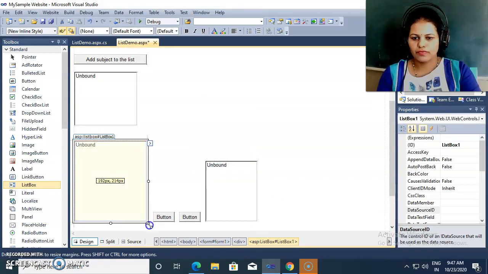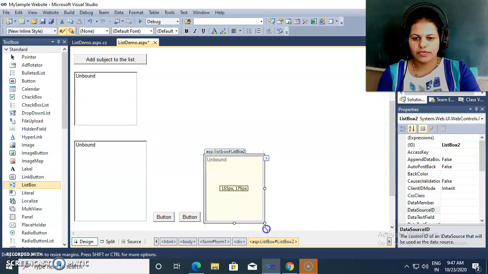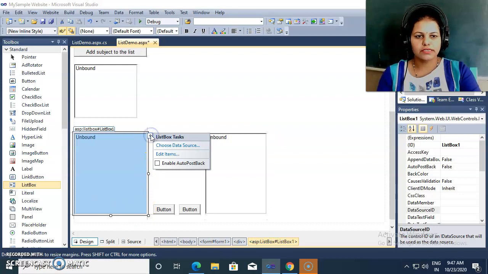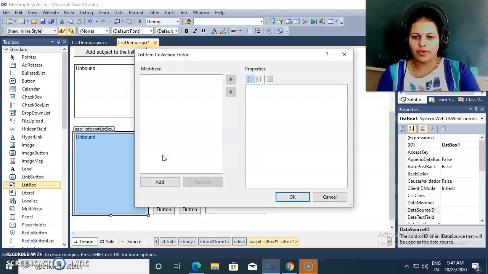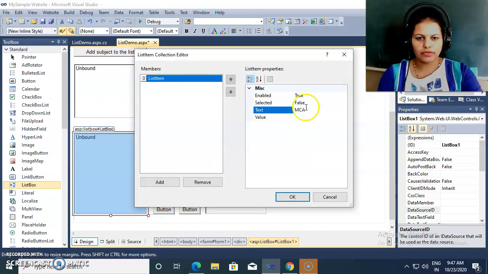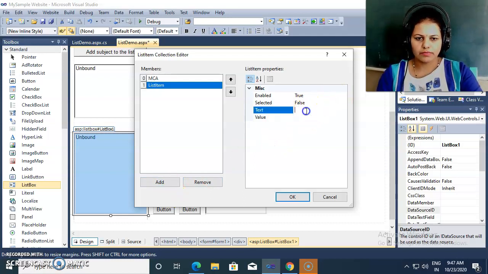So now what I want here is I'm adding some items inside this first list box. So I'm going towards the edit items and add whatever you want to add. I'm adding some courses here.